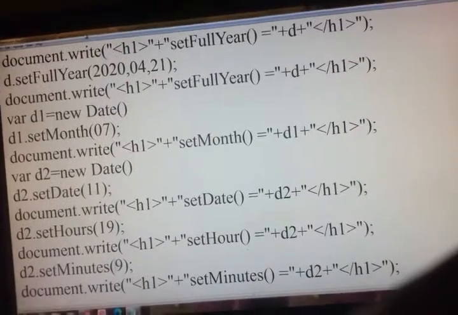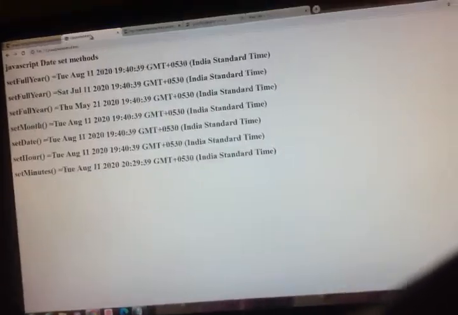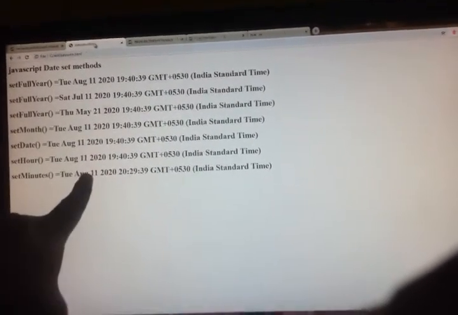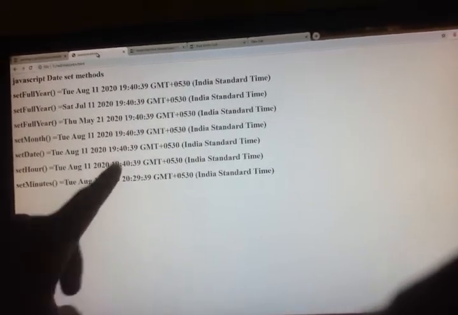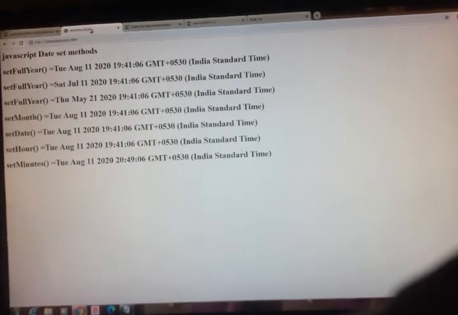If I go beyond that, it will even go to 109. It is 20:29. If I go beyond, you will observe that August 11 has changed to August 12. 20:49 I got.